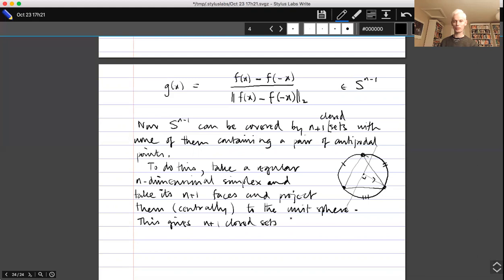Let's call them F_i, F for face, and also because we sometimes like to use F for closed sets that cover S^(n-1). And to see that F_i doesn't contain antipodal points,